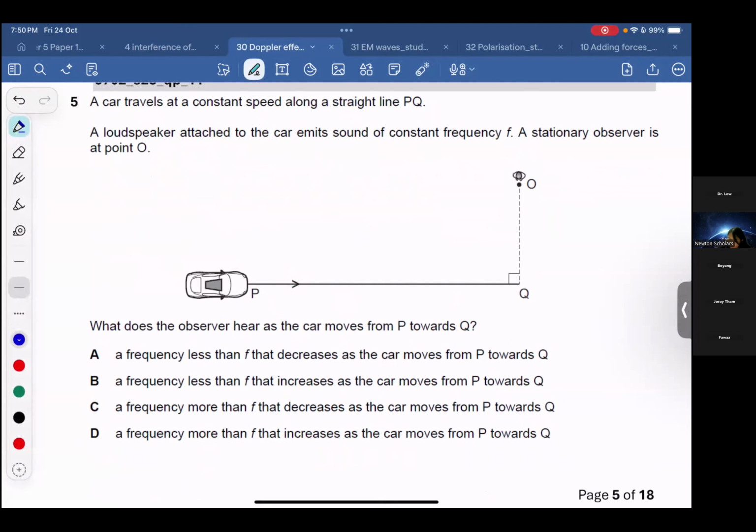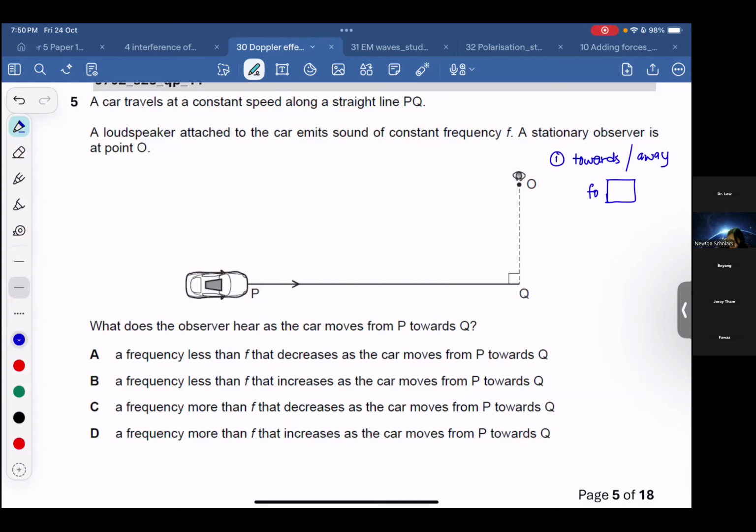First question. Ask yourself, towards or away? Second question, observed frequency should be higher or lower? Then after that,